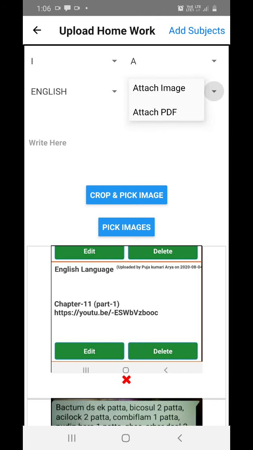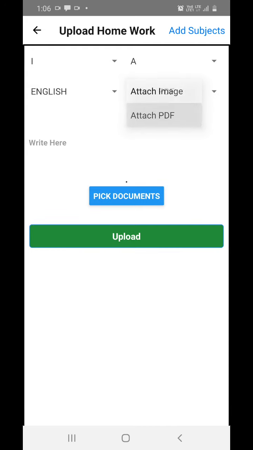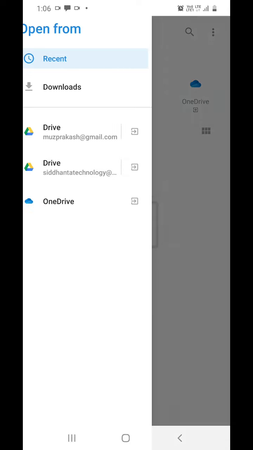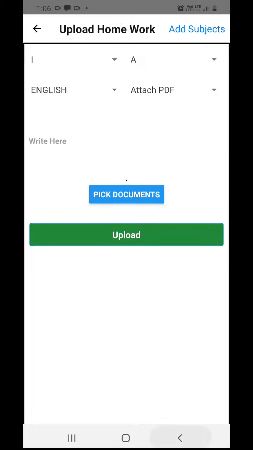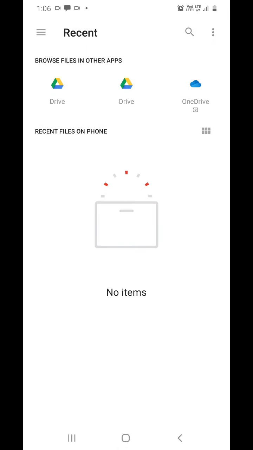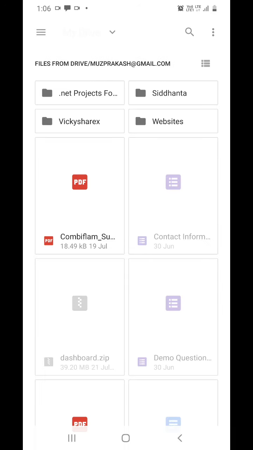Or if I wish, I can attach a PDF. I can pick documents. I will come to a place where I can find, okay, pick documents in drive, my drive.